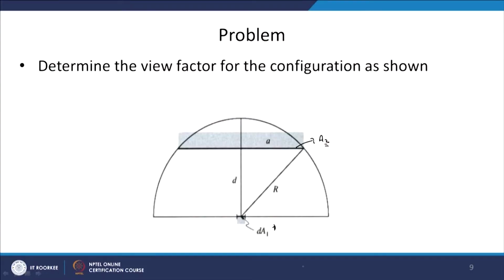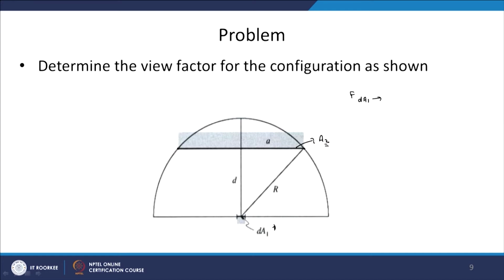So, as I said, there is no condition: the disc can be inside the hemisphere or the disc can be outside the hemisphere. The radius of the hemisphere can be arbitrary. We have chosen to make things simple analytically in such a way that the hemisphere passes through the edges of the disc.